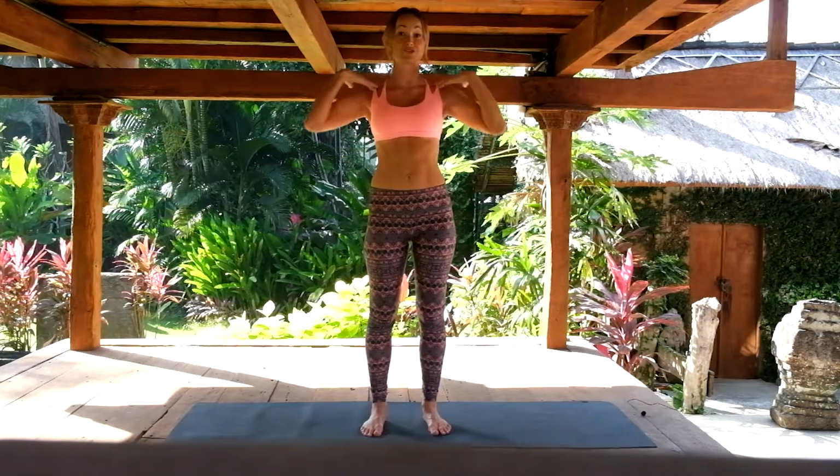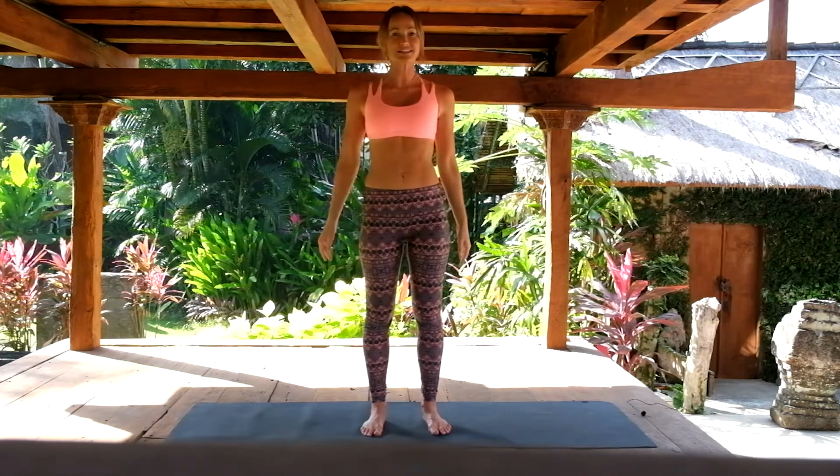So this workout is focused on releasing all those areas that get really tight when we surf. So the shoulders, the rotator cuff, our back, our lats, neck and traps for me particularly, and our hips and our glutes. So we're just going to start with a standing side stretch,